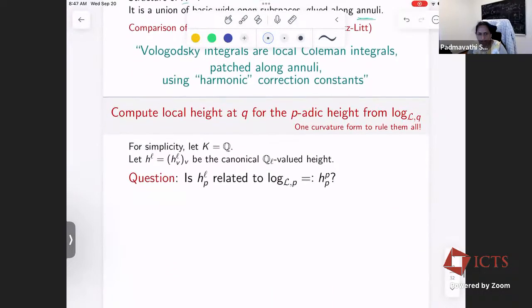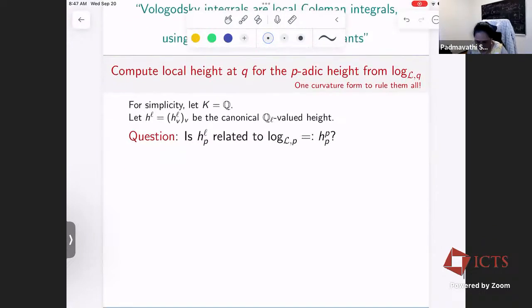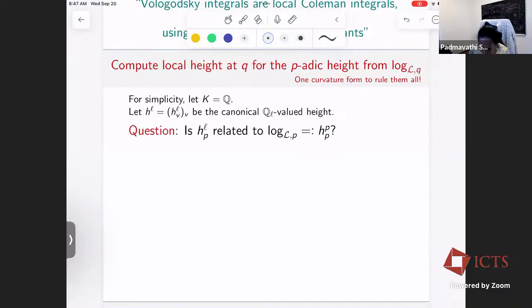can we get a handle, if all we wanted to do was compute iterated Coleman integrals, and say we're willing to do this at every place of our number field, can we use this to tease out the data we need at places away from P, right? So the notation is a bit confusing, but the goal is now we want to understand P-adic heights for different primes. So there's a superscript L. This means we're looking at the QL valued height